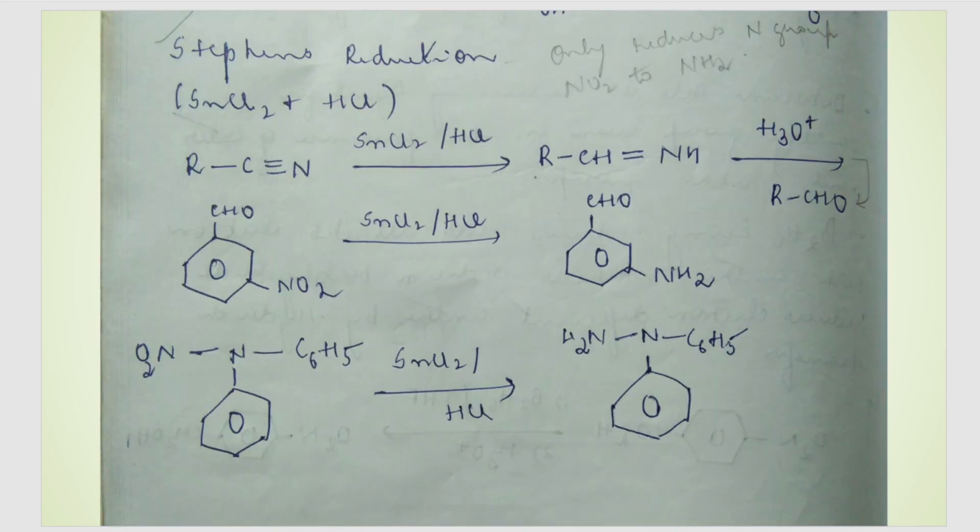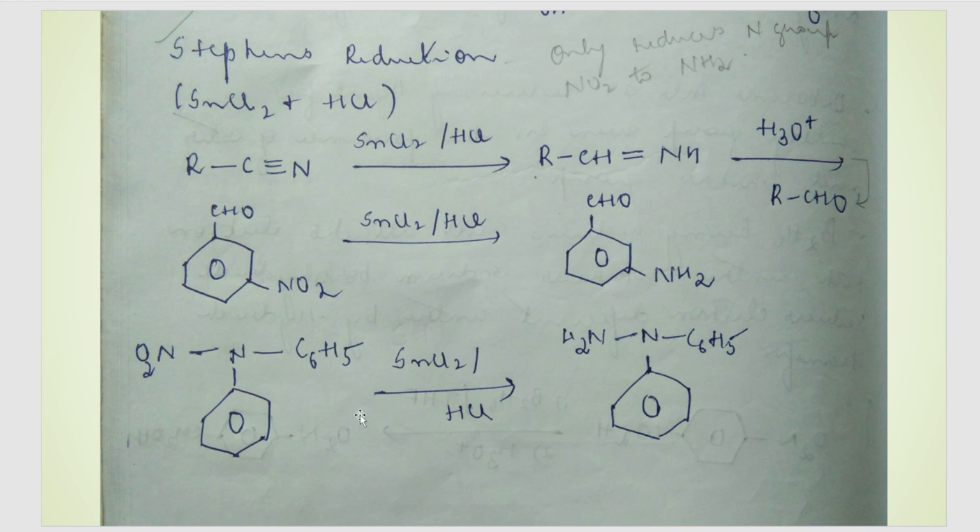So after this, we are discussing a few small reducing agents that are also there in this particular unit. One is Stephen's reduction. It is done in the presence of SnCl2 and HCl. So that's the reagent used in Stephen's reduction. All these reagents are very specific. They do not reduce all the unsaturated groups, but they are very specific in their reduction action. So here in Stephen's reaction, it reduces the nitrogen containing group. Usually the NO2 nitro group is reduced to amine groups.